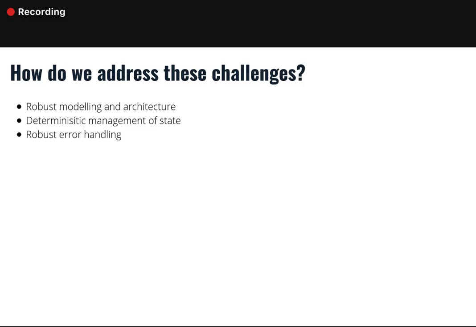So in terms of what this course is going to focus on, we want to address all of these challenges through robust design, effectively. That's what we want to focus on in this course. So make sure that we model out the problem appropriately, and that the architecture of the software that we use to build up the system is explicitly designed to handle these sorts of challenges. It's very tempting to just see a bunch of inputs and throw a bunch of code at it without necessarily giving that code any structure, and that's where the errors start creeping in.